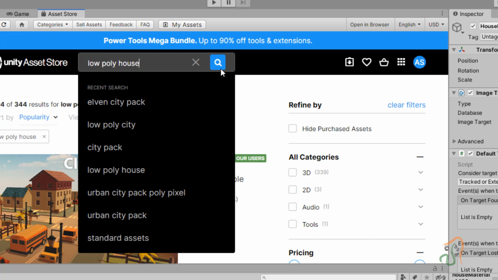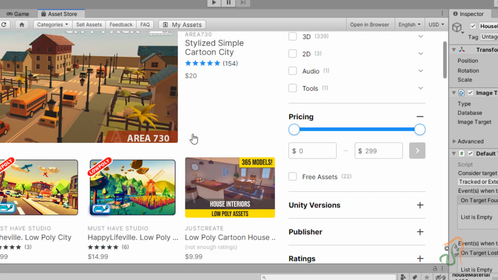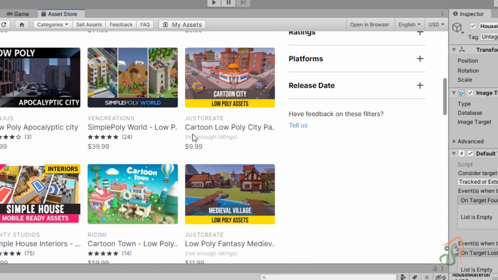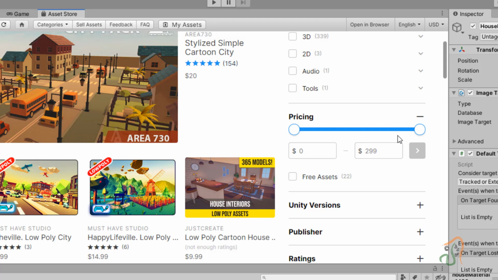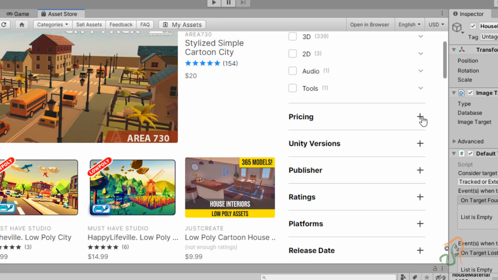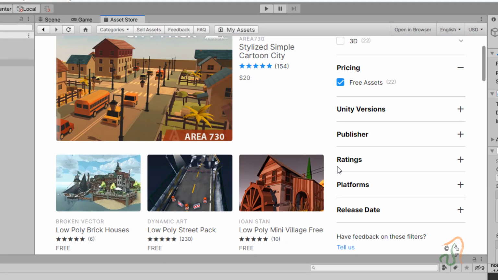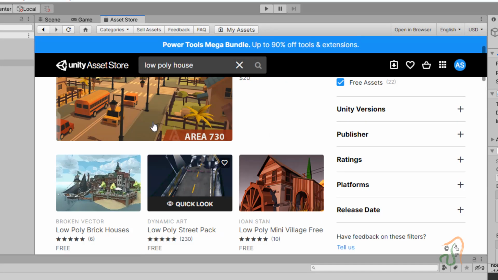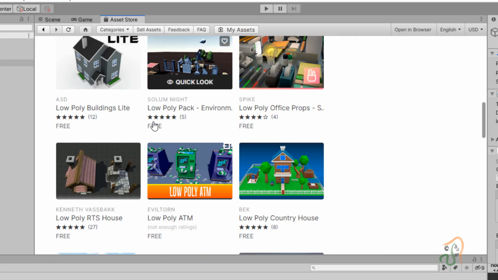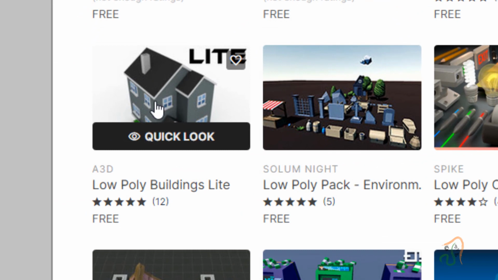So use a low poly house. Click on the search button. When you click on search, you have various low poly houses available here. If you come to pricing, open it and choose free assets. When you click on free assets, you can see only free resources over here. So we have a simple house over here. You can see the house here.